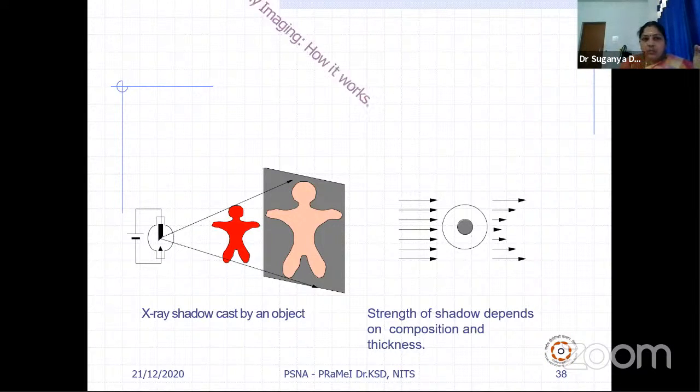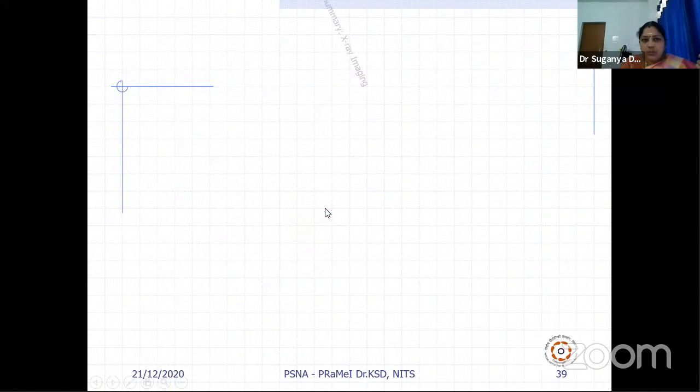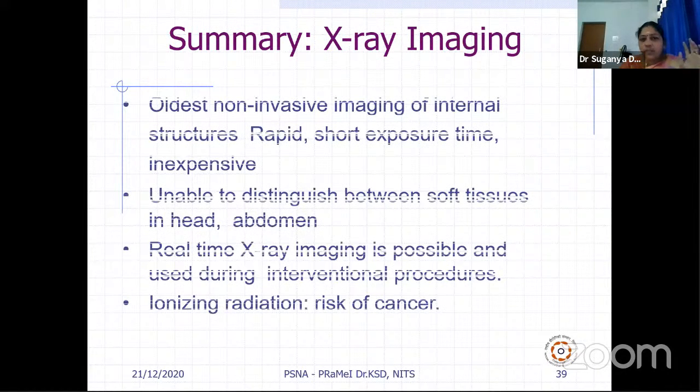Okay, so this is X-ray imaging, and this is how it works. The image is captured on the film. It is the oldest non-invasive imaging of internal structures, with rapid short exposure time, and it is inexpensive. Obviously it is cost effective. Even for 100 to 200 rupees, we can take an X-ray. But if you are going for a CT scan, a minimum of 3,000 to 4,000 is needed. And for MRI, it depends upon the hospital, from 8,000 to 14,000 they are demanding for the MRI and the